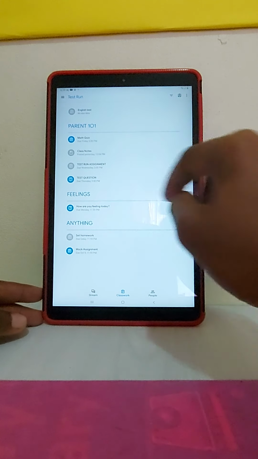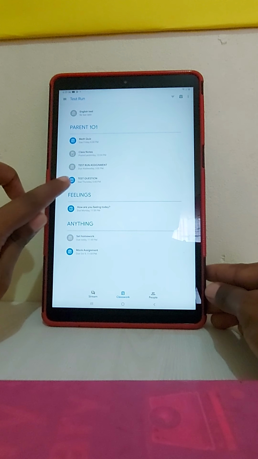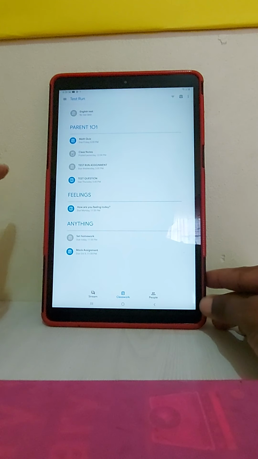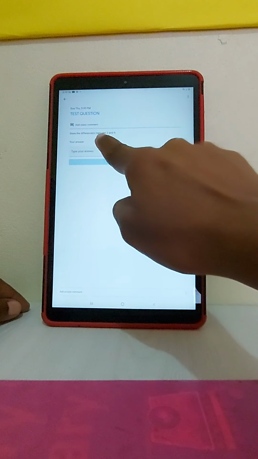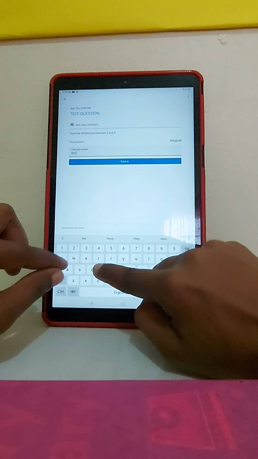Now, what if the teacher gives you a question? And this box, this blue one that is highlighted here, it has a question mark there. And it means that a question has been given. Tap on it. And then you read the question: what is the difference or differences between 2 and 9? And you can write it. I could say the difference